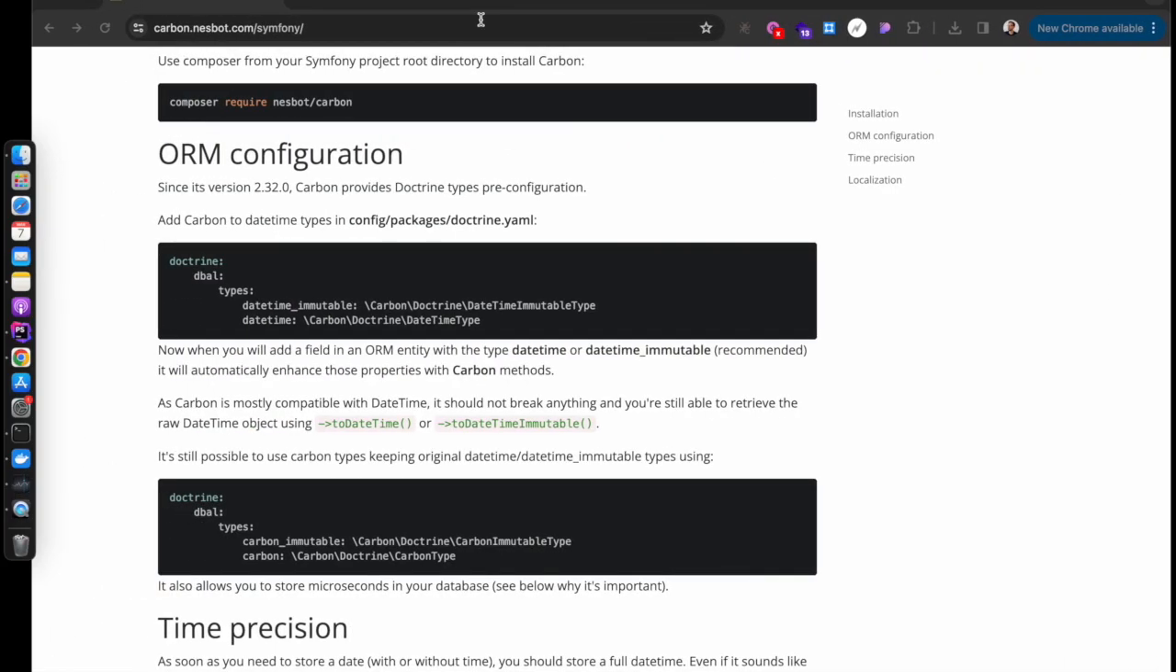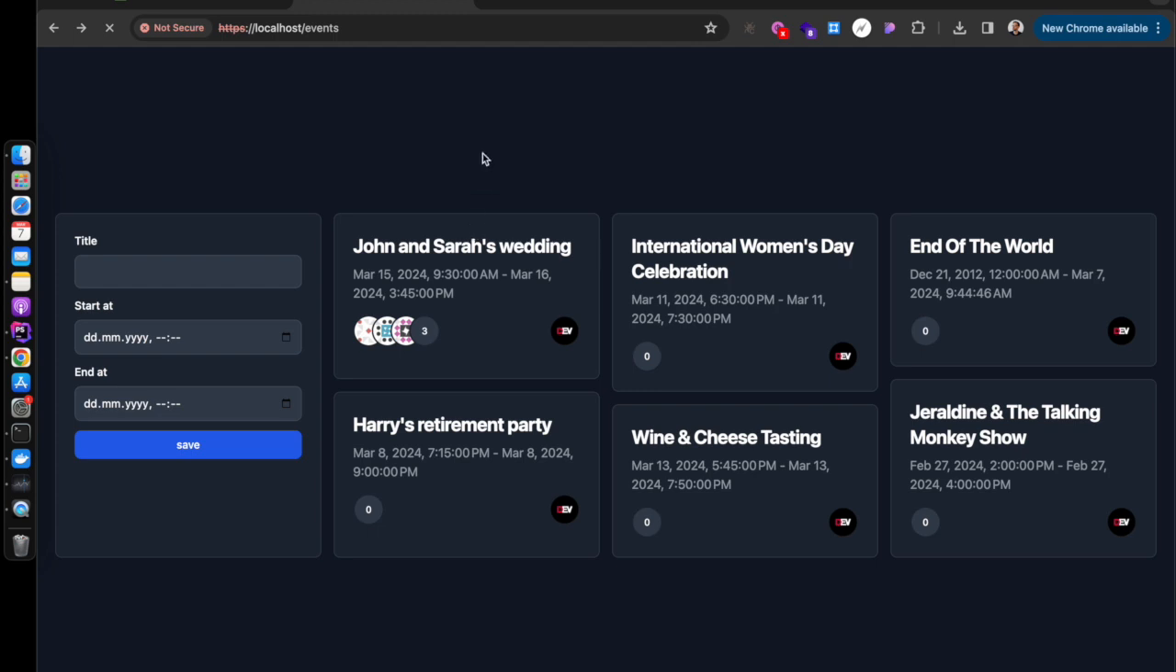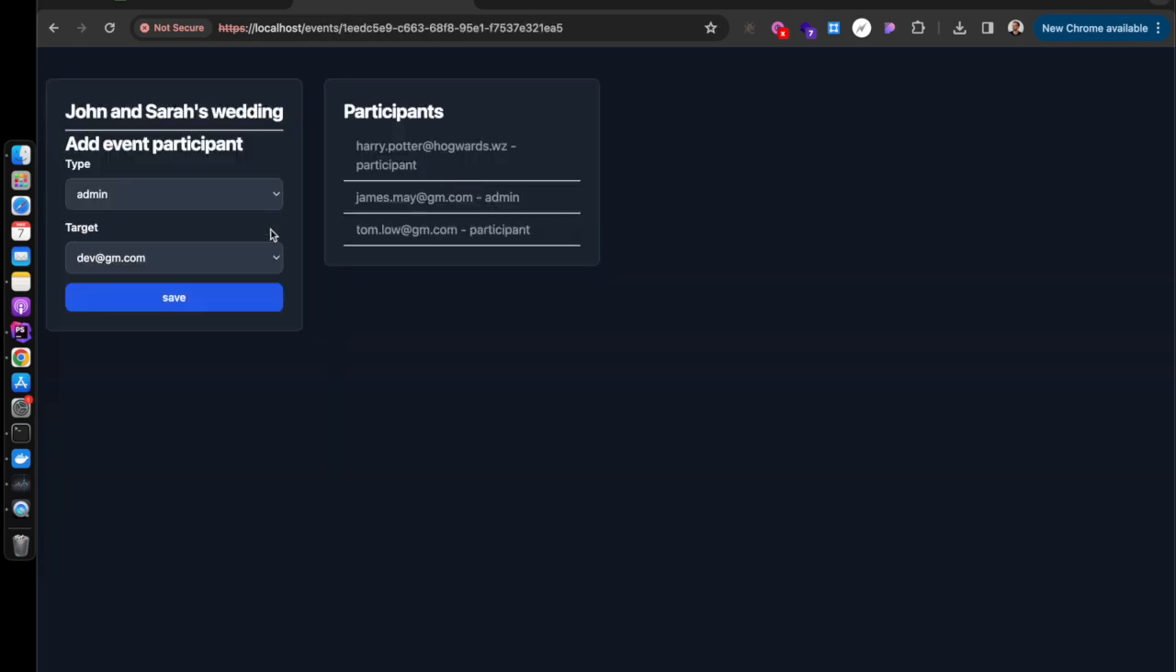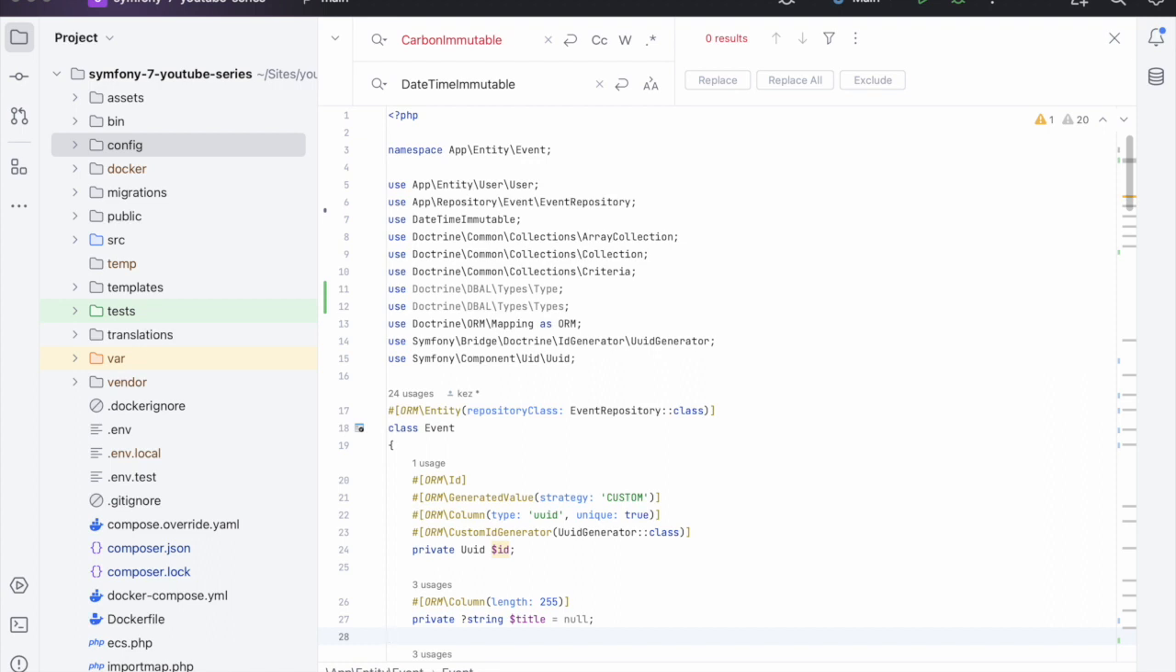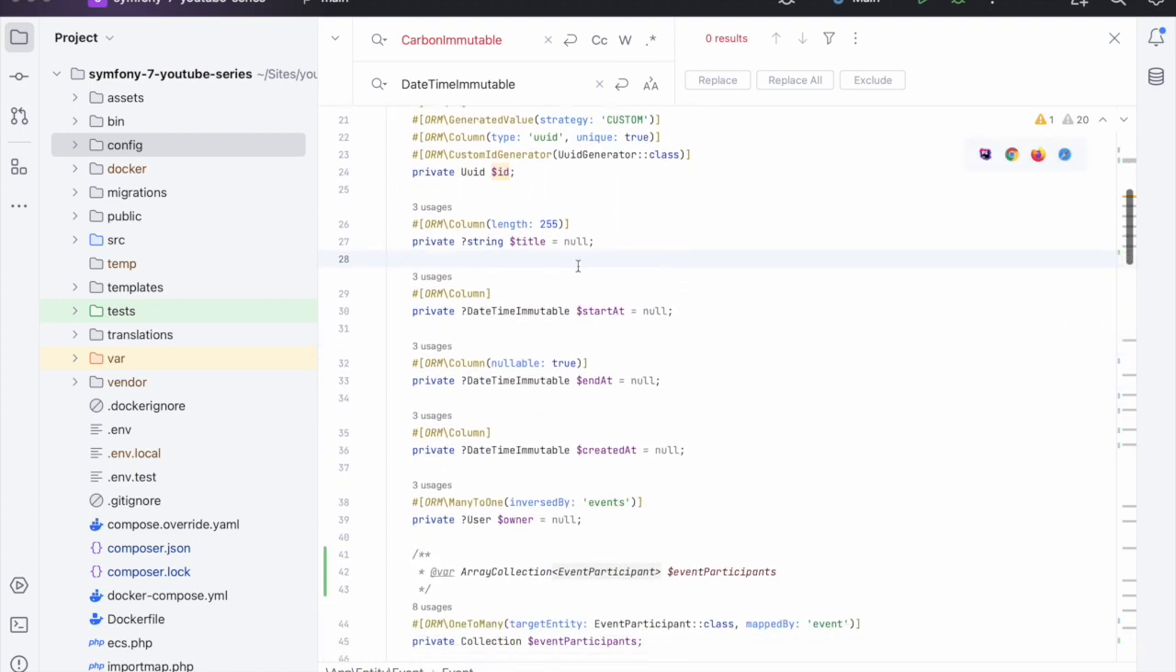So if we go over to the project in the browser, we can see that I've added in some avatars. So we can see this is the user that's created the event, and then these are the people that are going to the event. And if we click on it, nothing else has changed. It's still the same. So if we head over to our event entity,